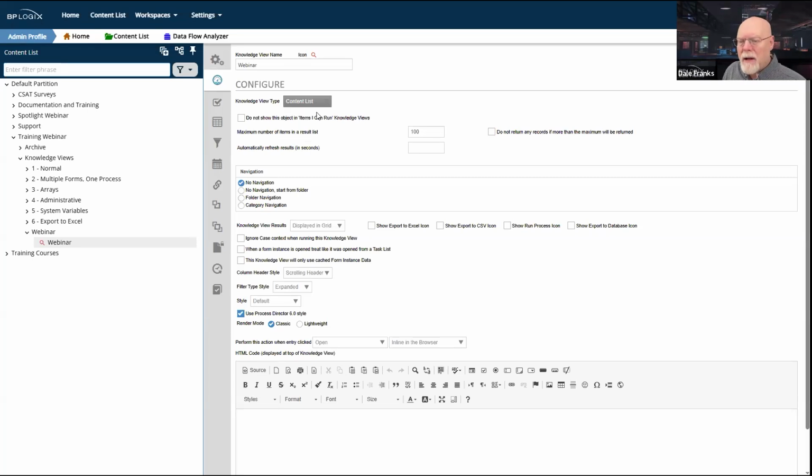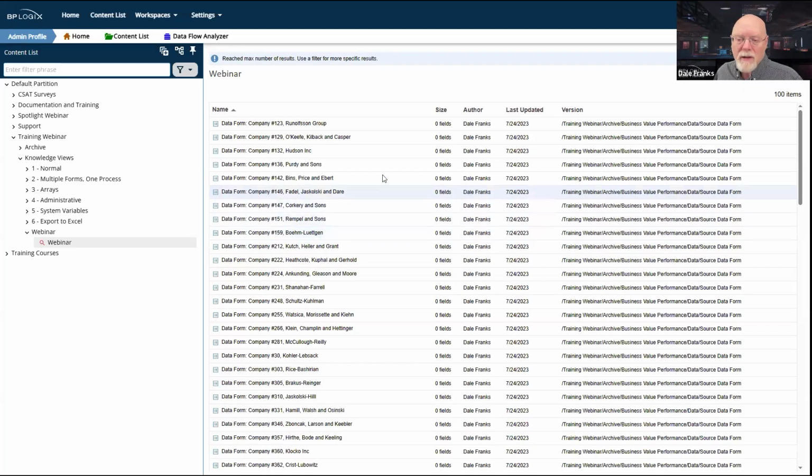Now, content list knowledge views and task lists are two entirely different things. By default, when you open a content list knowledge view and it shows you all of these forms, this is fine. This does what it's supposed to do.